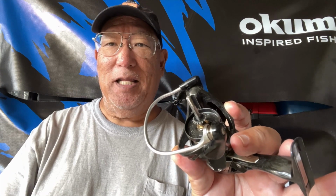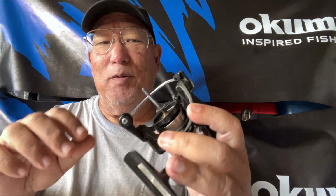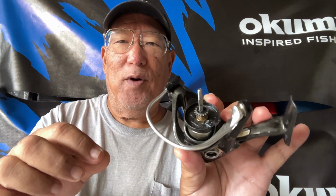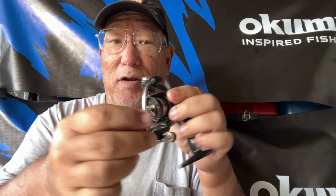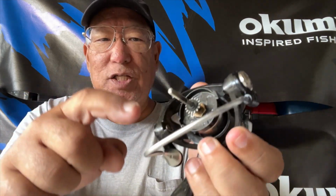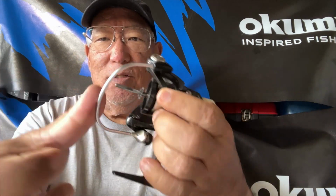So ever since then, it kind of stuck in my head that I've got to get something with thicker bale wires. And that's one thing that Okuma has always had, thicker bale wires. I mean, you can literally drop this and bounce it around. I like these thicker bale wires. So I make sure that I spray in the junctions here, over here. Make sure it's all